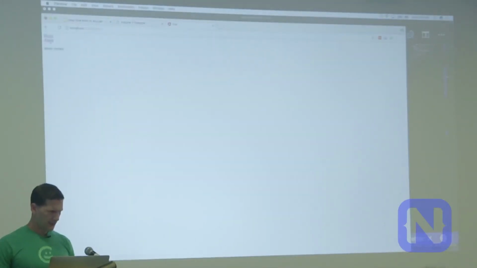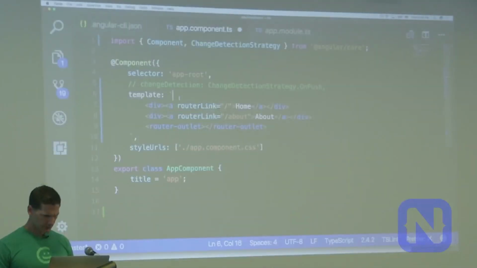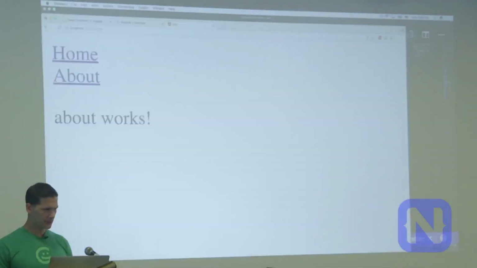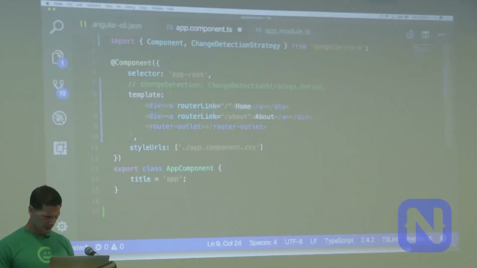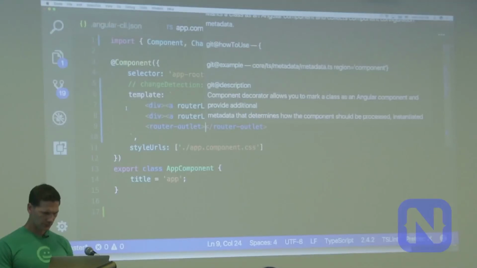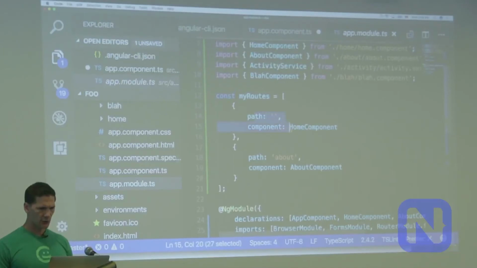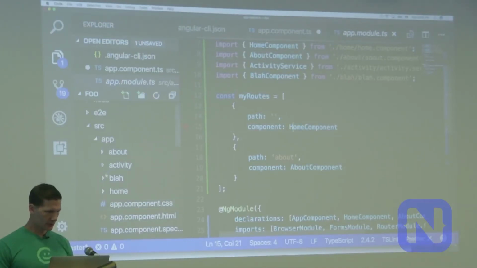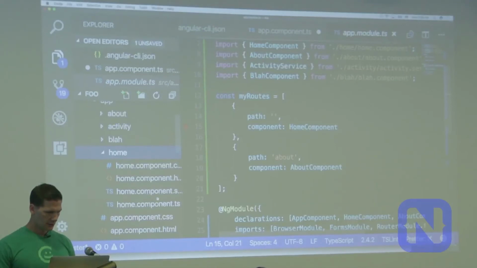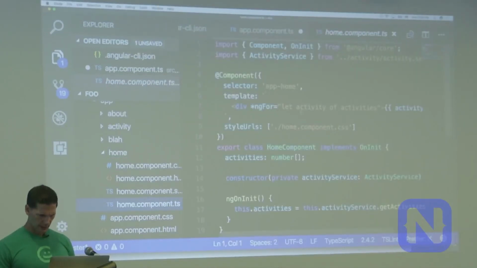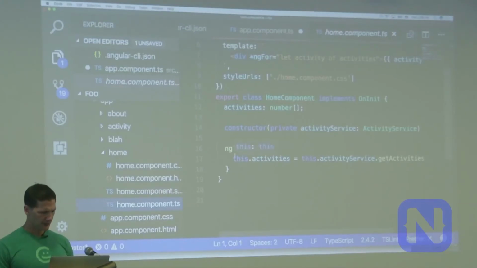Yeah, so it doesn't do much. In fact, it just has the links at the top, home and about. That's what these are. And then this section here is where it's replacing it with the different component. Going back to the module, it's switching between the home component and the about component. So if I go into the home component,